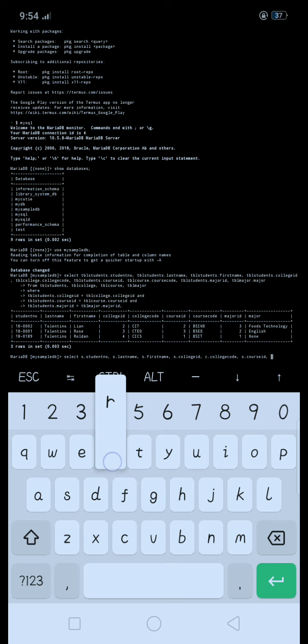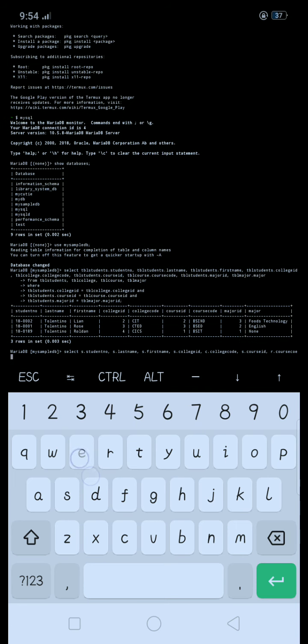So R dot course code, and then TBL students dot major ID. So S dot major ID, then TBL major dot major. So M dot major